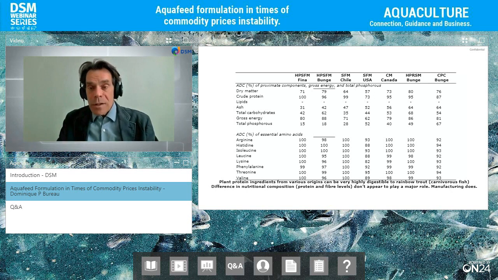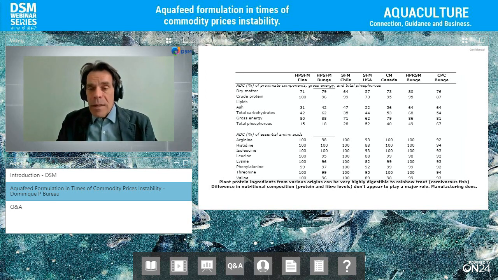So my take-home message is that there's actually good quality out there, but there's sometimes a problem of ingredient quality that you have to identify. In this case, these plant proteins, in South America and Latin America, sunflower meal, at least in Chile, is better known. In North America and even in Asia, sunflower meal is not very well known, but it's a terrific resource, and we found excellent product. So if the price is right, I have no problem recommending the use of a sunflower or rapeseed meal in feed.